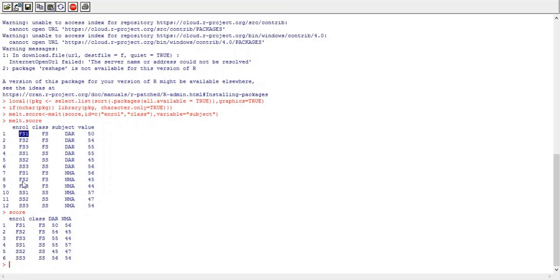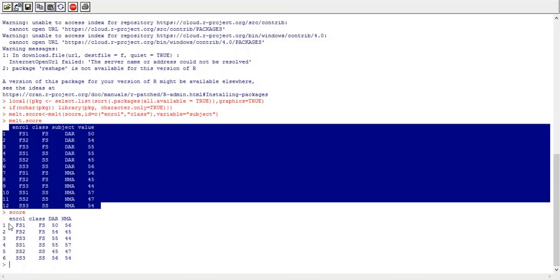So in long format we can have multiple rows for a single entity. For fs1 there are two rows, for fs2 there are two rows, meaning for all the 6 students there are multiple rows. There are two rows in long data format, and the variable columns are stacked together under a single column.